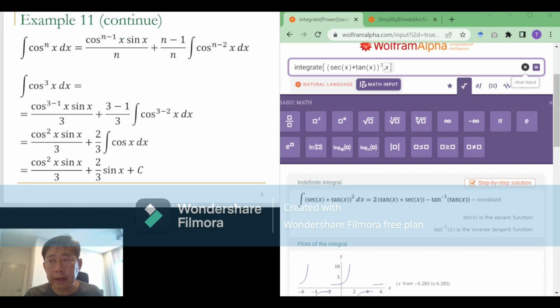Let's go to another example of integrating cos power 3 with respect to x. Previously, I was using small letter integrate. Now I'm going to use capital letter integrate, which is actually more appropriate. So after typing in capital I integrate, I'll press the left square bracket followed by cos x raised to the